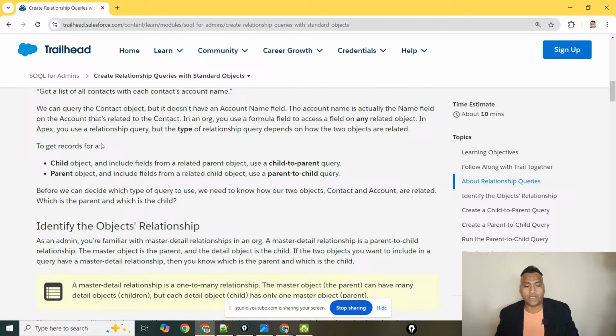To get records for a child object and include fields from a related parent object, use child to parent. So you are making a query on the child to fetch the information of the related parent. This is called a child to parent query. Then, on the parent object, if I want to get the records of a related child object,